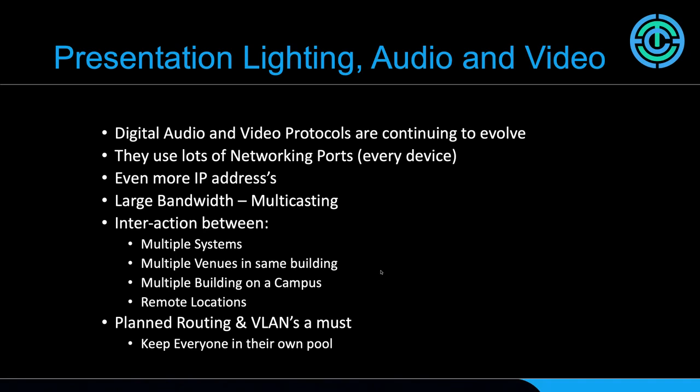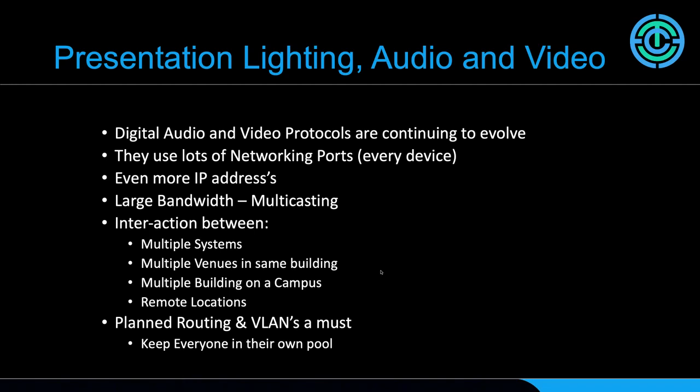They use lots of networking ports, so when you talk about AV systems, lighting systems, integration, restaurant systems, basically everything is a network port hog. It has a network port on it and needs dedicated switches to populate all these networking devices. And they use even more addresses. There are so many devices that are actually consuming more IP addresses on a network than they are actual ports on the network. There are large bandwidth requirements with AV and lighting, where we're doing multicast traffic for audio and video as well as lighting interactions. And something to be cognizant of is that these VLANs that we're creating